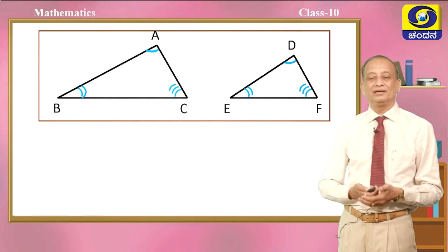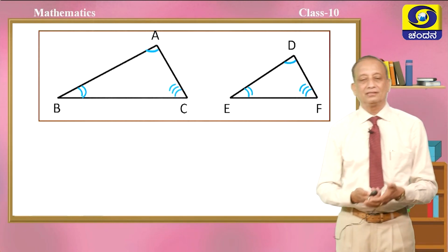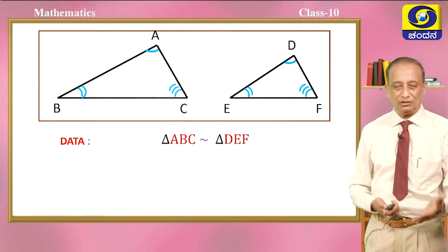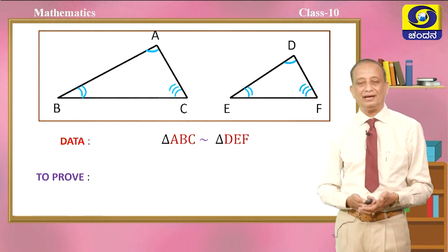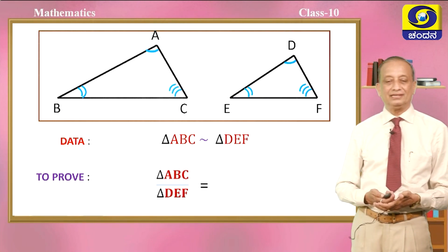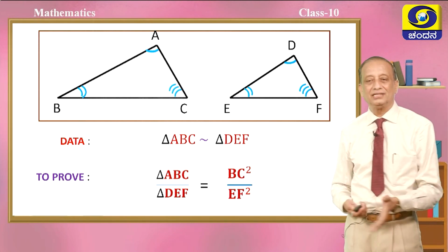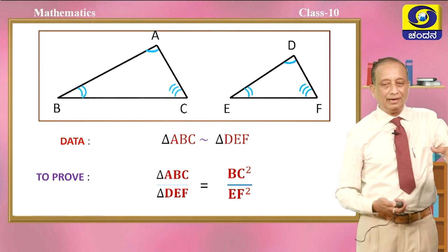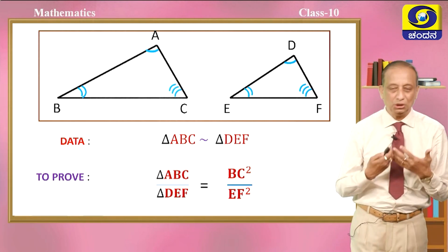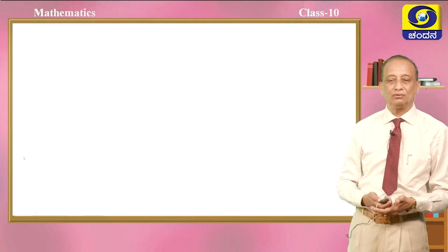So, here is a figure coming up to you to prove this. Let us try to prove this theorem, this property. So, here is triangle ABC and triangle DEF which are similar to each other, means equiangular and the corresponding sides are in a proportion. So, we have to show that area of triangle ABC divided by area of triangle DEF is exactly equal to BC square by EF square, or AC square by DF square, or AB square by DE square. Any one ratio can be taken and it can be shown, children. Here for the time being we will prove it for BC square by EF square only.